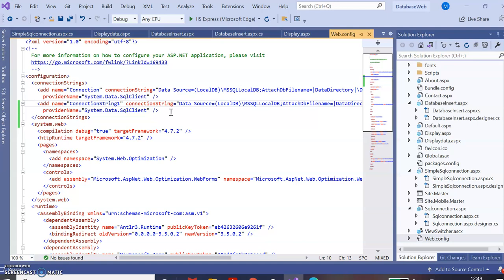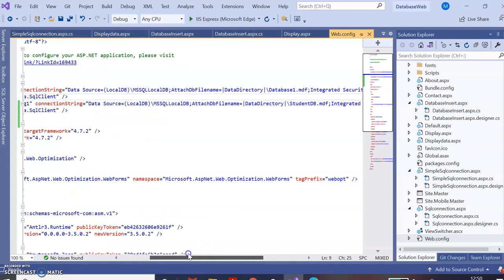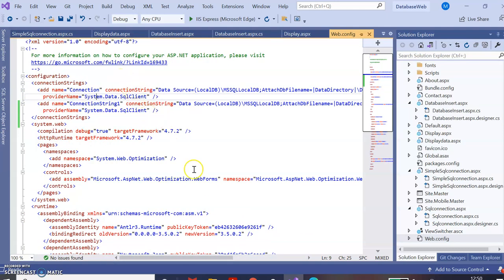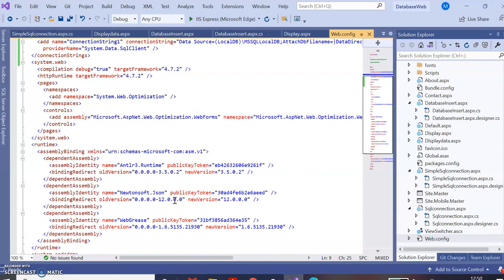And in the theory part we have seen that in a web form also you can add that connection, but that is temporary, only for that particular web page. You can access that particular connection on that page, but suppose you want to access it for a second page, then again you have to make a new connection. So rather than making multiple connections for the same database, a better way is that we can write it in the web.config file, and then we can use it for the whole application, for all the web forms.